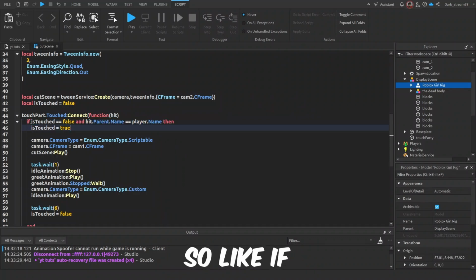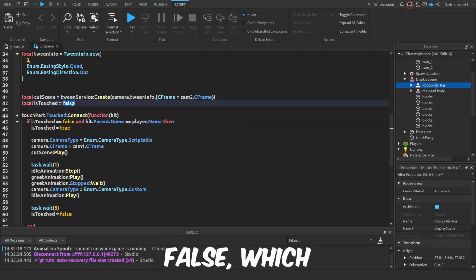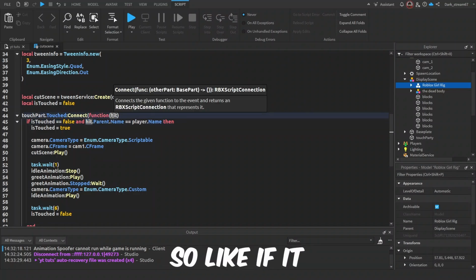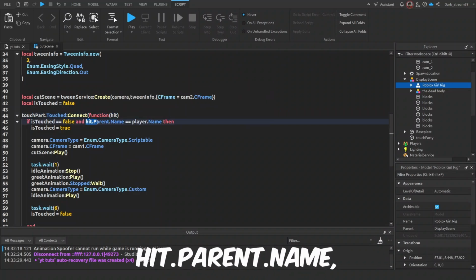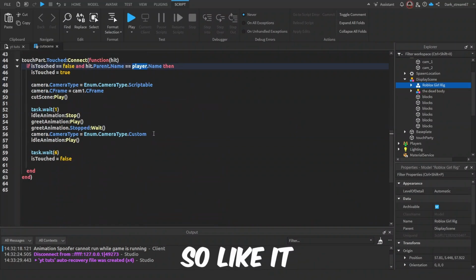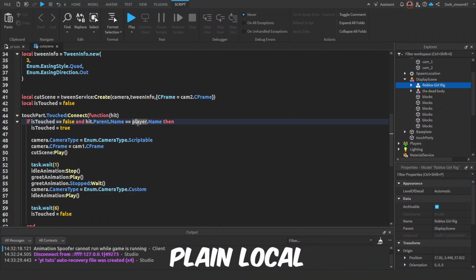So if isTouched equals false, which is yes, it also checks if hit.Parent.Name, the name of the player who touched the part, is equal to player.Name. So this player means the player over here. It checks if the player is equal to the player in the local script,